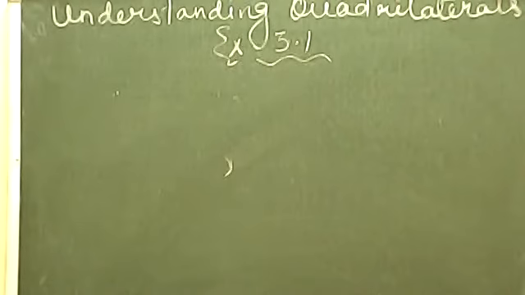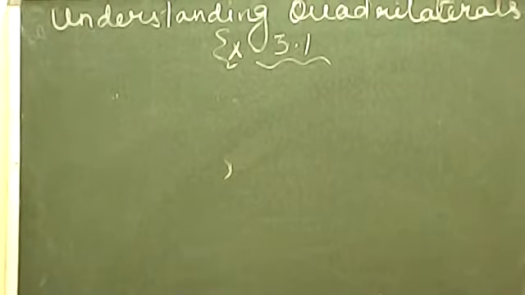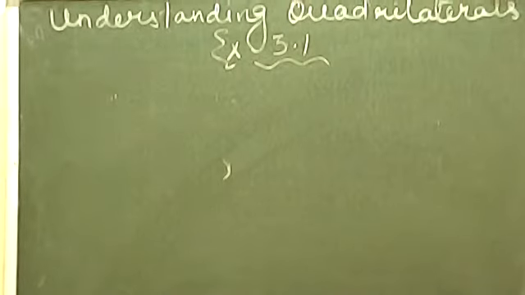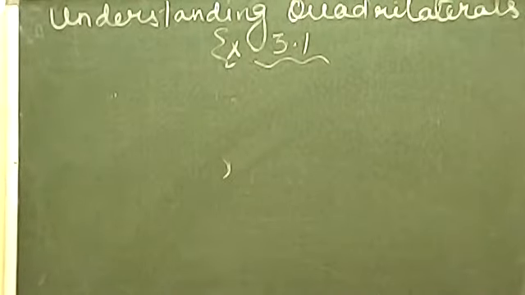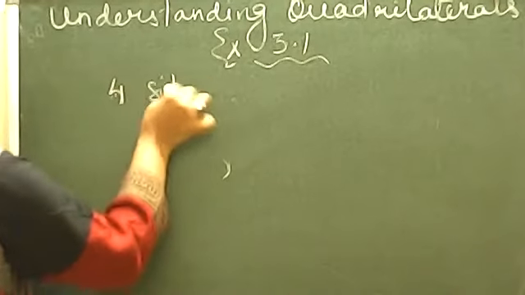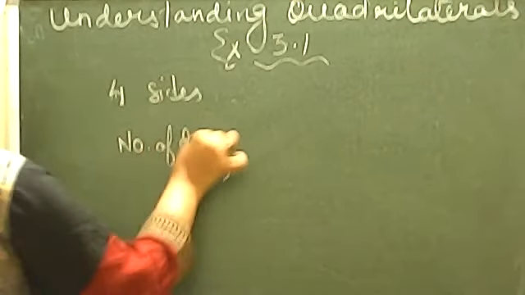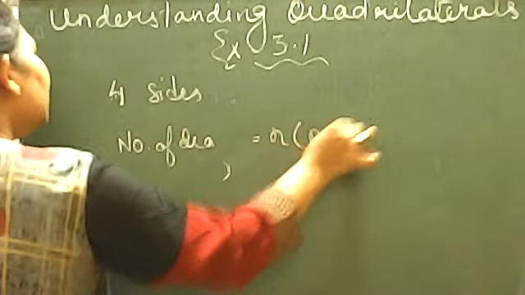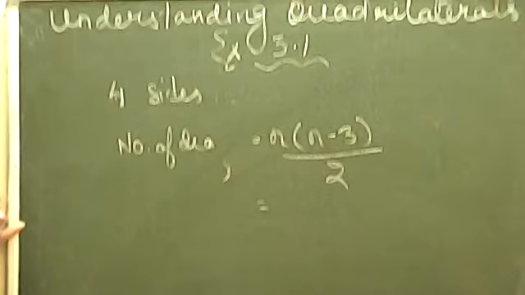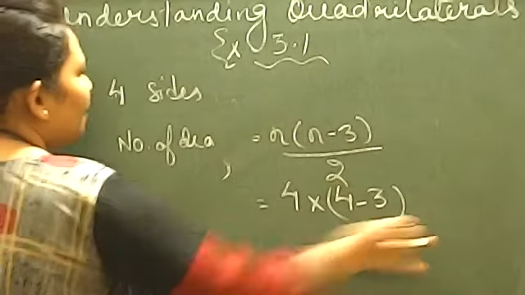Next question is asking how many diagonals does each of the following figure has? Now if you see, the first figure is a convex quadrilateral. So now beta convex and concave से हमें मतलब नहीं है. We are talking about a quadrilateral. Quadrilateral means you have four sides. And the formula for finding out the number of diagonals for any polygon is n into n minus 3 divided by 2. So simply wherever you get the n, you will place 4 over here. So this is 4 into 4 minus 3 upon 2.